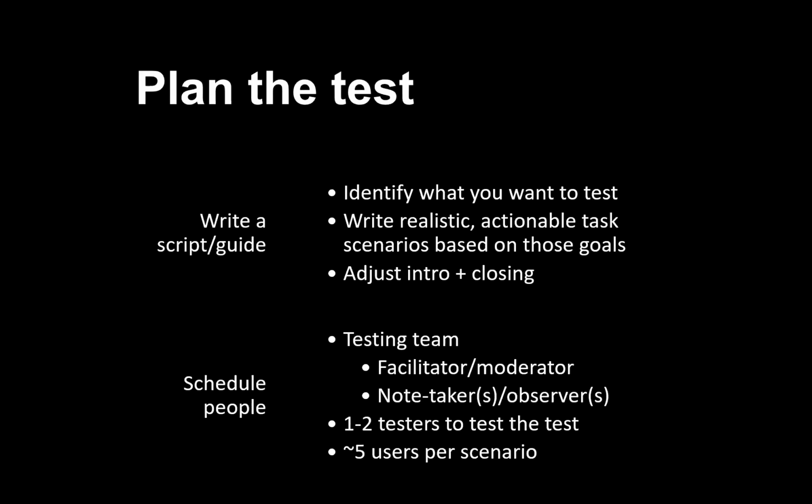Jakob Nielsen from the Nielsen Norman Group described this as discount usability engineering. By the time you hit 5 users, you will have discovered most of the biggest issues, and you're never going to discover all of the issues. Finding most of the biggest issues will give you enough to fix, that if you happen to have an extra 5 or 10 or 15 users to test with, you can use them to test the fixes that you made the first time around. That said, we say about 5.